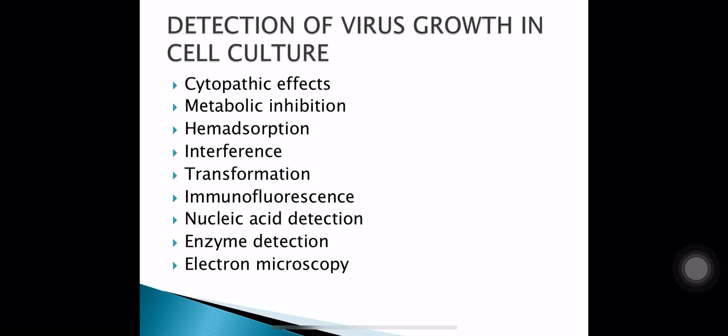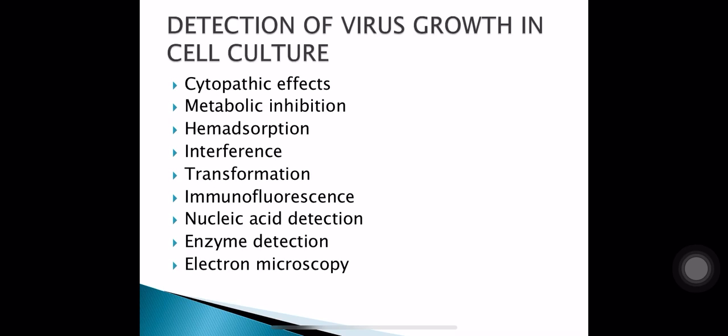Now, when viruses are grown in cell culture, how do we detect that the virus has grown? What are the properties through which we can come to know that the virus has grown in the cell culture? There are different effects it can produce in the cell lines, like cytopathic effects, metabolic inhibition, heme adsorption, interference, transformation, immunofluorescence, nucleic acid detection, enzyme detection, and electron microscopy, which are various methods useful for detection of viral growth in